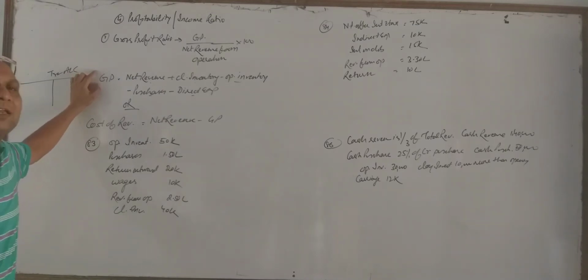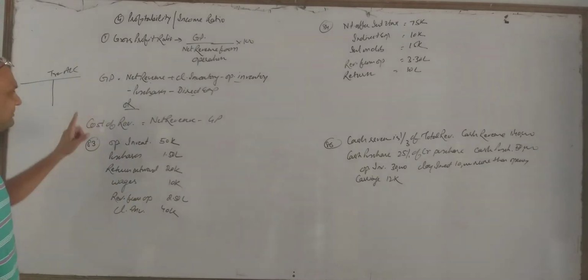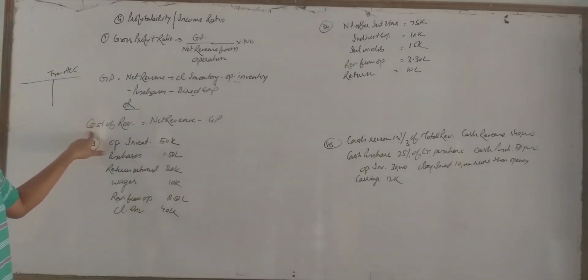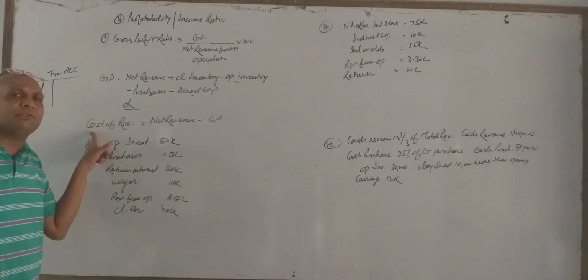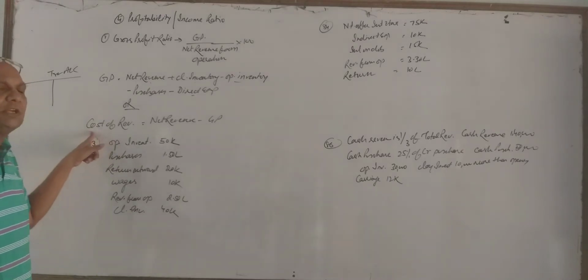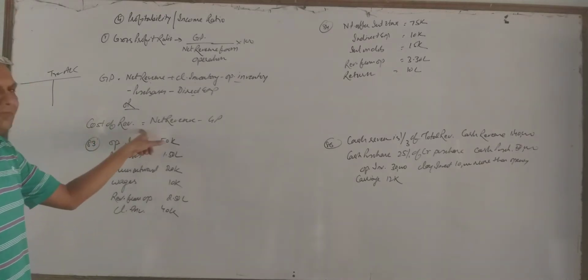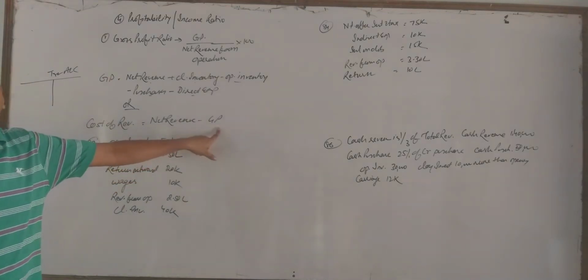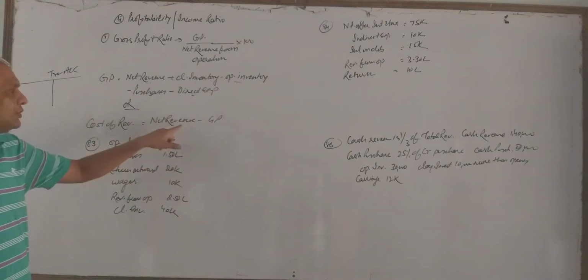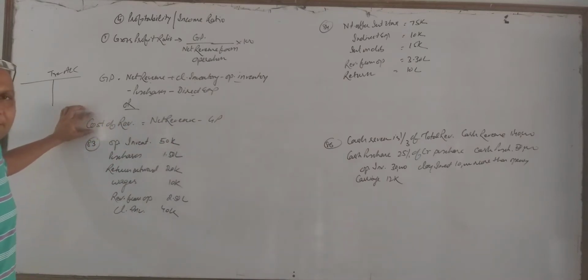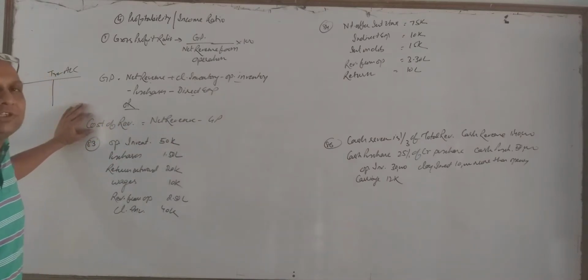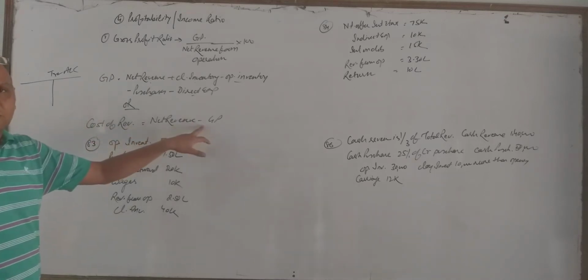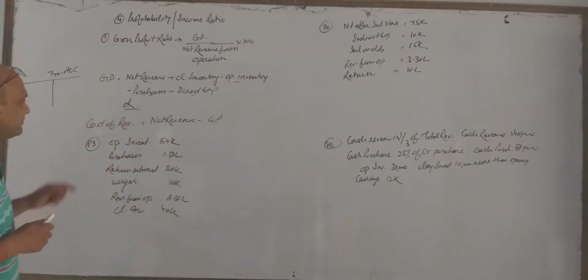What did we learn in class 11? Sometimes a formula we have already used can also be utilized to find gross profit. What is that? Cost of revenue from operation is equal to net revenue from operation minus gross profit. This formula for cost of revenue from operation we used in inventory turnover ratio, so the same can be utilized here also. Let us do a small sum.